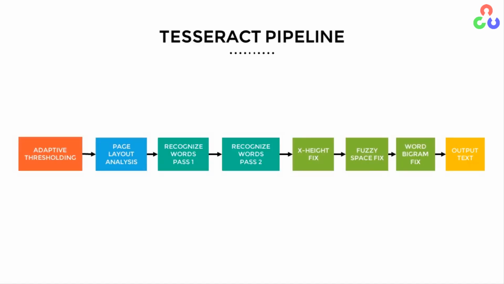So that is it in the pipeline. I hope that you understood the various parts of the pipeline. We did not go over how they fix the X height or the fuzzy space, etc. But these are all based on some heuristics. So you will have to look at the code to understand how these fixes are made. But the good news is that most of it is not important. If you're interested, you can go over how LSTM works. Unfortunately, it is beyond the scope of this particular course. But if you're interested, read up on LSTM for text recognition, and that will teach you a lot.